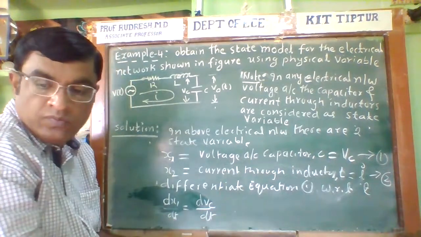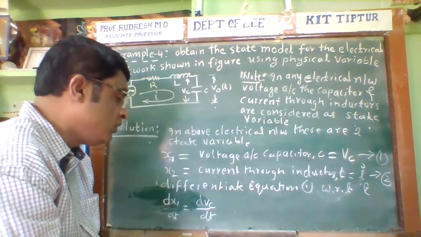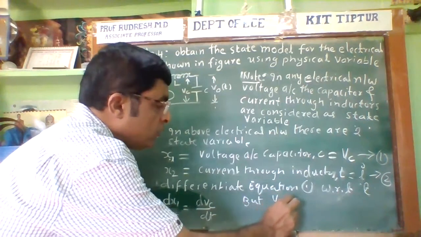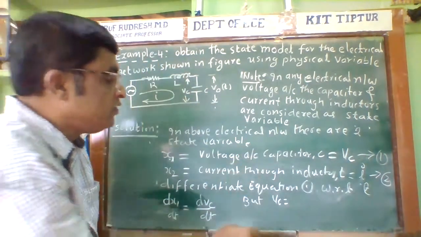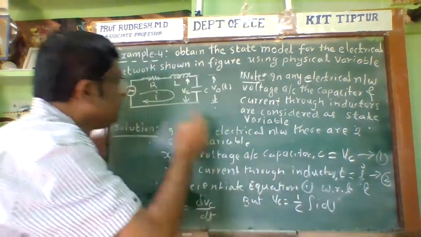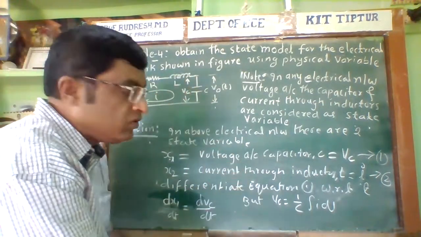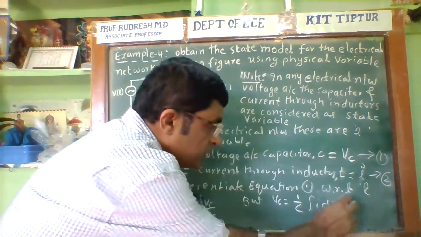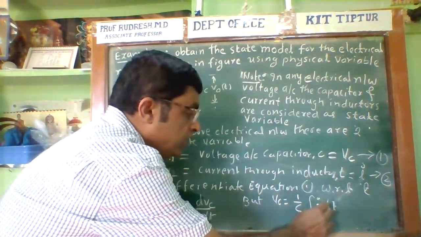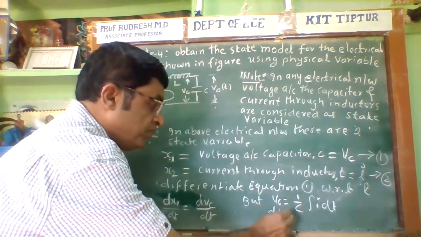Now, what is Vc equal to? The voltage across the capacitor is equal to 1 over C integral of I dt. That's a standard relation. The voltage across the capacitance is equal to 1 over C integral of I into dt. Therefore, if I differentiate this, dVc by dt,